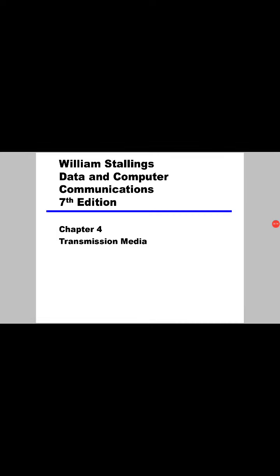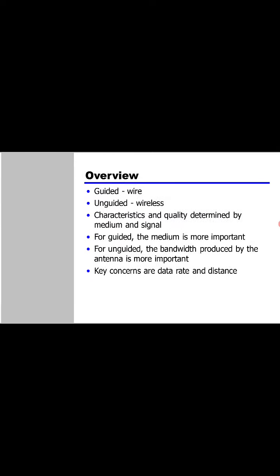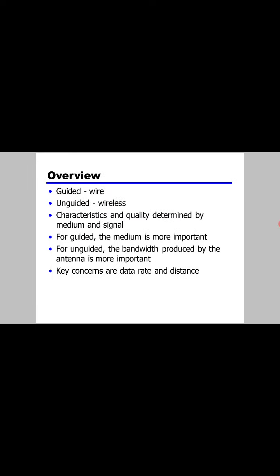Transmission media means what are the different media or medium used in networks, and what are their characteristics, functionalities, features, applications, disadvantages, limitations, and all these things we may discuss here. There are two types of transmission media: guided media and unguided media. Guided media means by using some wires or cables. Unguided means wireless,